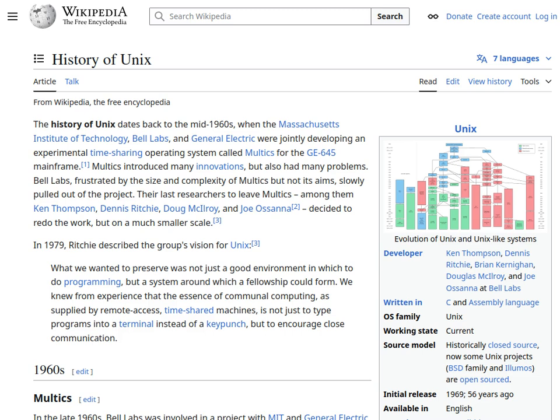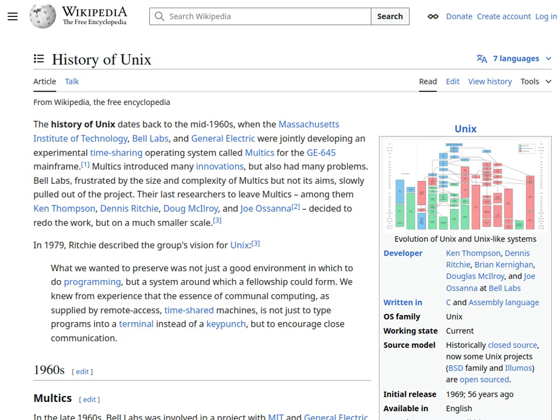And then the decade concluded with the release of version 7 Unix in 1979, which is often considered the last widely released research Unix version. I was struck by how few system calls it had relative to modern operating systems. Yeah, that's a key observation. Version 7 had approximately 50 system calls. For comparison, later systems like 4.4BSD had about 110, and modern Linux and FreeBSD have hundreds. That really highlights how elegant and relatively simple the early Unix design was.